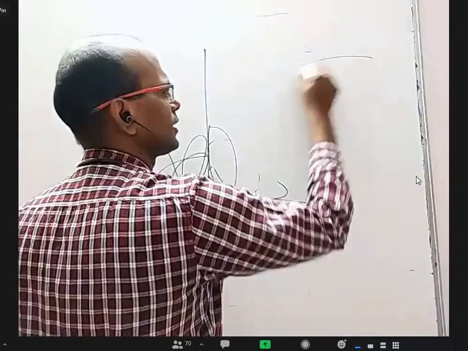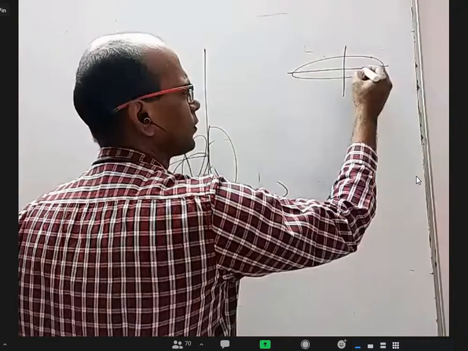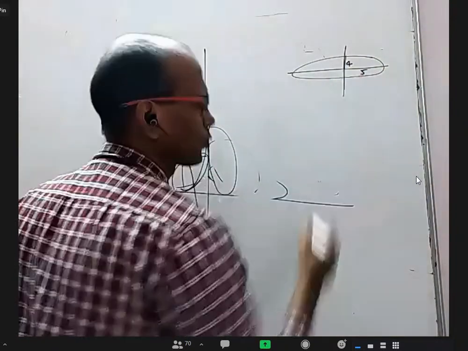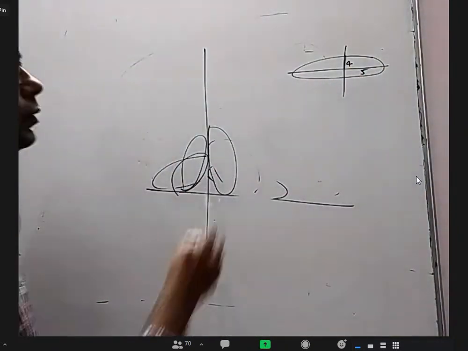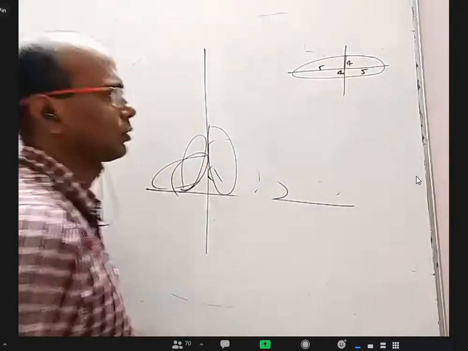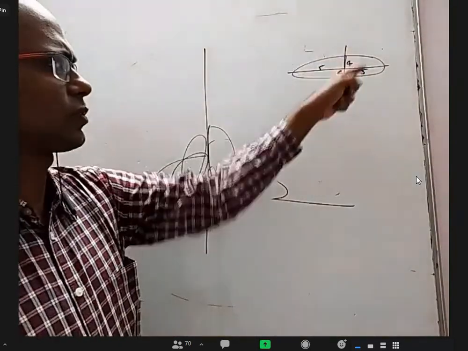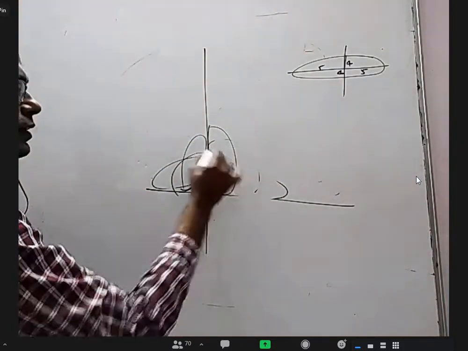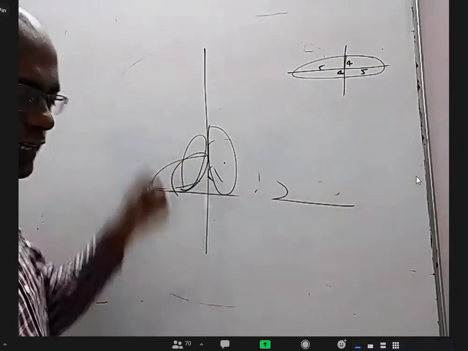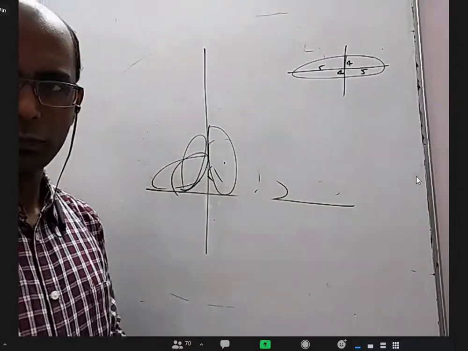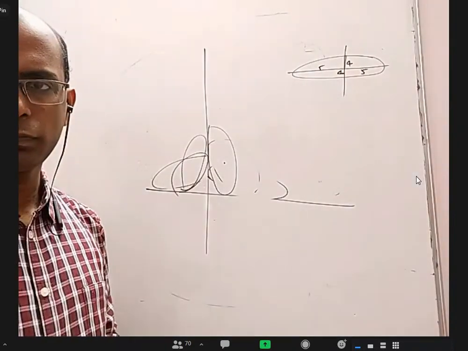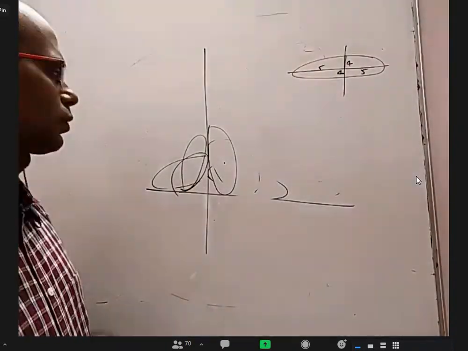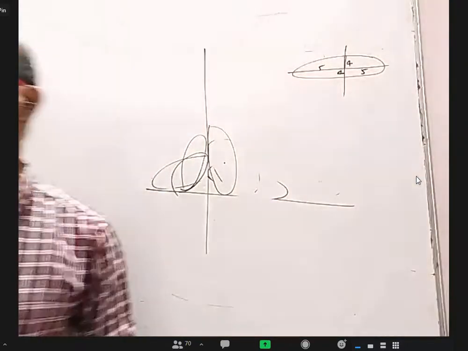So there is an ellipse where this length is 5, this length is 4. You can even cut a piece of cardboard of that shape and then slide it. As you slide, will the center move or will it not move? Move, sir. What is the locus of the center?